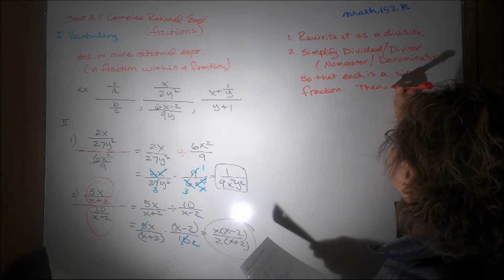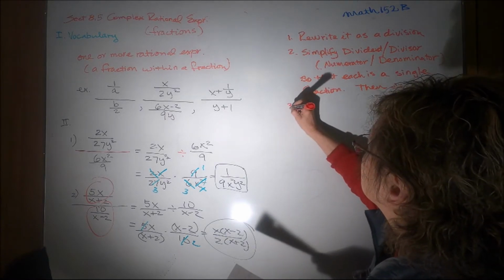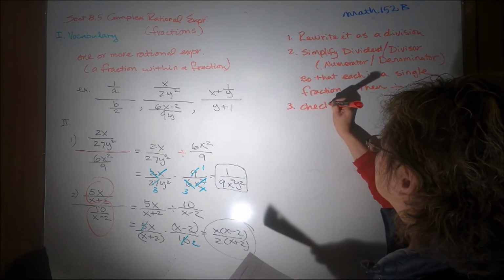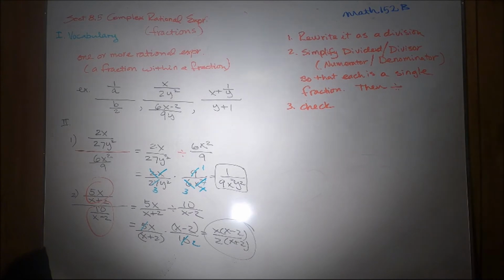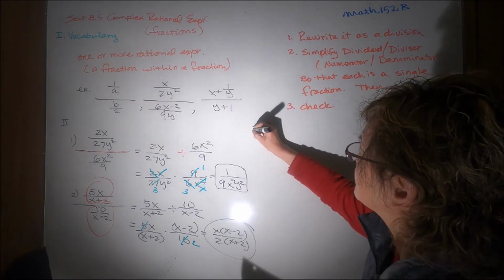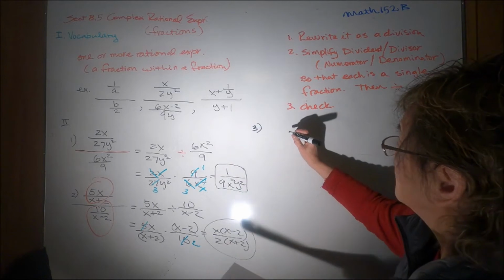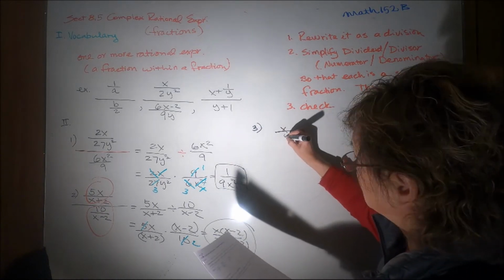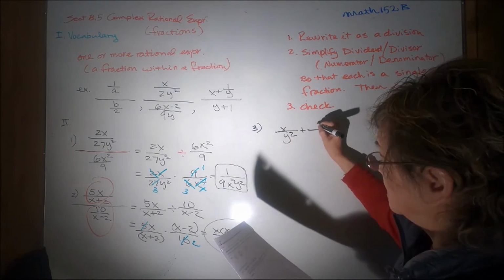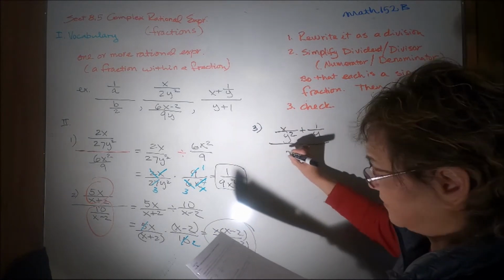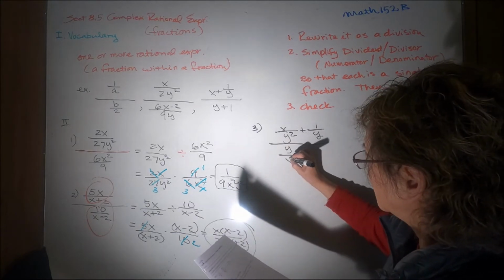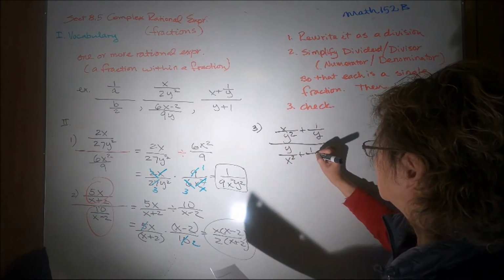Then we divide them, right? Then we also check to make sure it's correct. Then let's see how it's going to be, right? So if you look at example 3, if you have x over y squared plus 1 over y